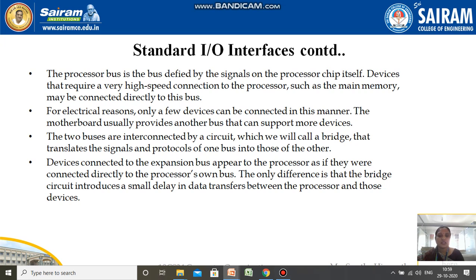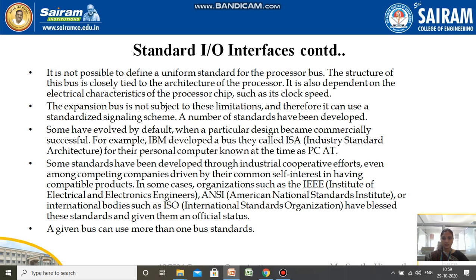Devices connected to the expansion bus appear to the processor as if they were connected directly to the processor's own bus. The only difference is that the bridge circuit introduces a small delay in data transfer between the processor and the devices. So some acceptable delay will be there between devices connected directly over the processor bus and devices connected over this PCI bus.